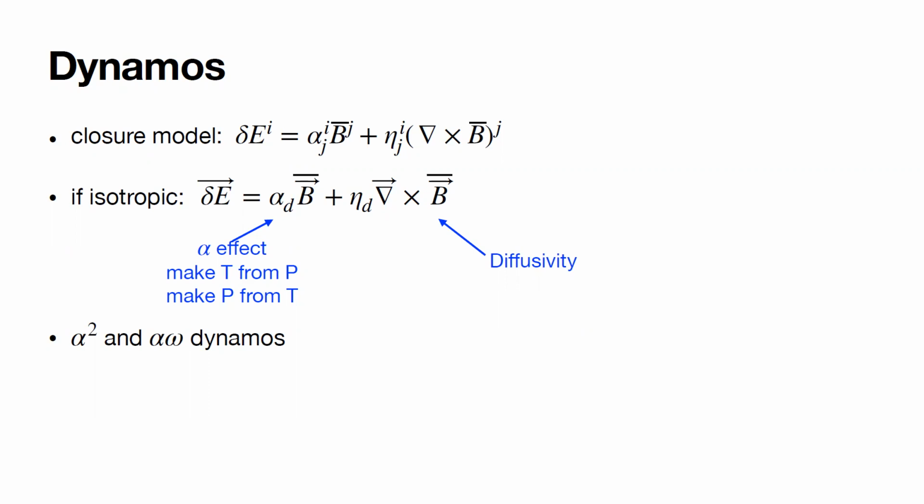If this term is there, then it lets you make toroidal field from poloidal field. It lets you make poloidal field from toroidal field, right? It lets one type of field be the source for the other type. So in principle, you could even make a dynamo with no rotation at all, right? That's called an alpha squared dynamo, where the toroidal field and the poloidal field just feed on each other through